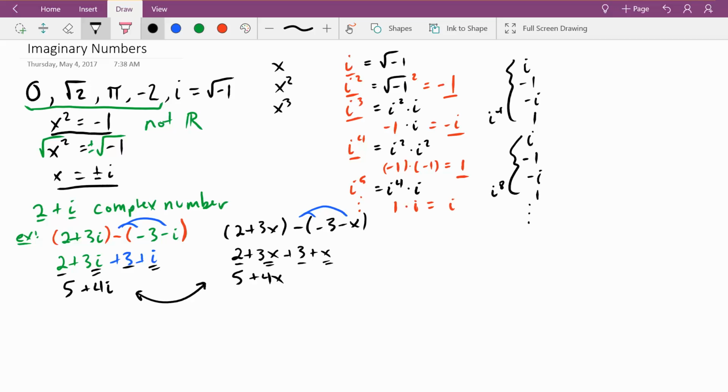The last thing I want to point out with imaginary numbers is a canceling mistake. That's pretty common if they were variables, right? If I change this to just x's, just as before,